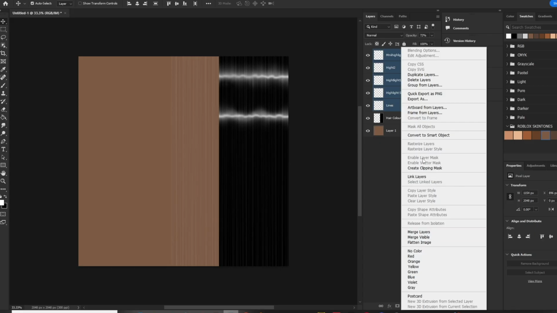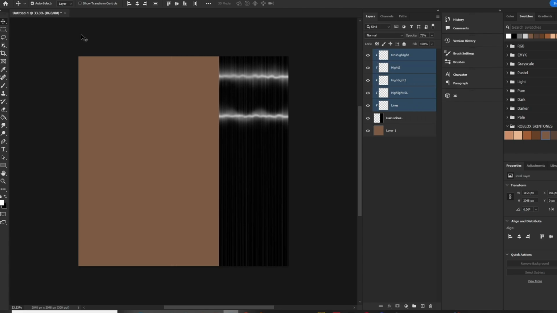I've been trying to figure it out for like the last 15 minutes, and unfortunately I can't figure it out. So all I gotta say is, to be fair, it's not a big deal, but you're basically gonna have to delete one of the highlights so we can just copy and paste one highlight. What I was trying to do is move these two closer together, but there's no way to move all the layers together without doing it manually. If you can do it manually, good for you. But I'm gonna just delete the second highlight